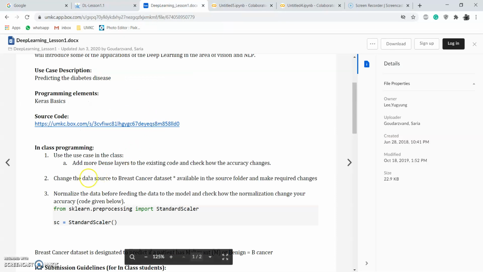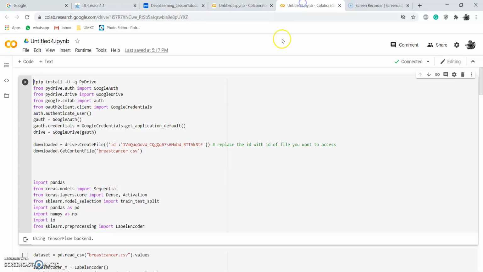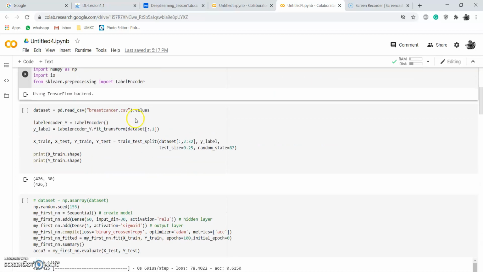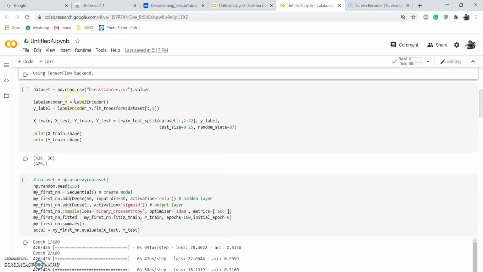Coming to the second and third questions, in the second question we have taken the breast cancer dataset, and I need to check the accuracy for this. This is the code for that, and I have uploaded this breastcancer.csv file into Google Drive and accessed it. First, there are non-numeric fields in this breast cancer data, so I have removed those and made them the target field.